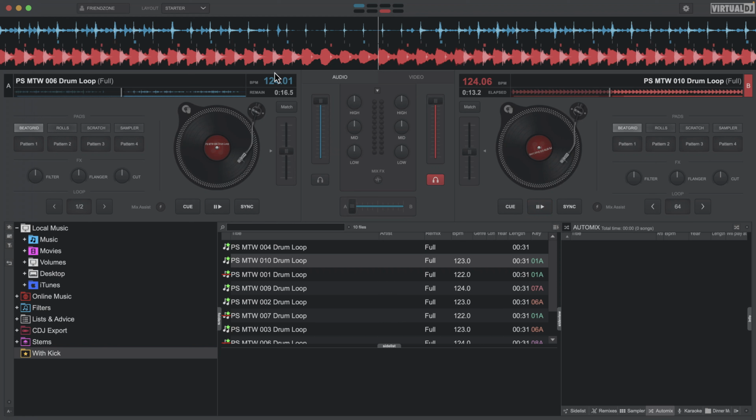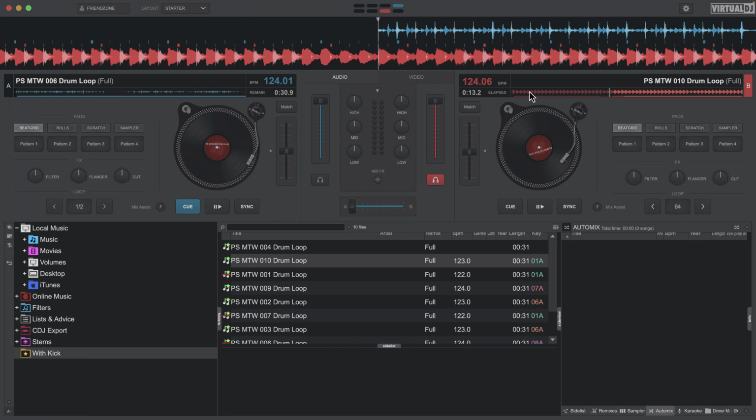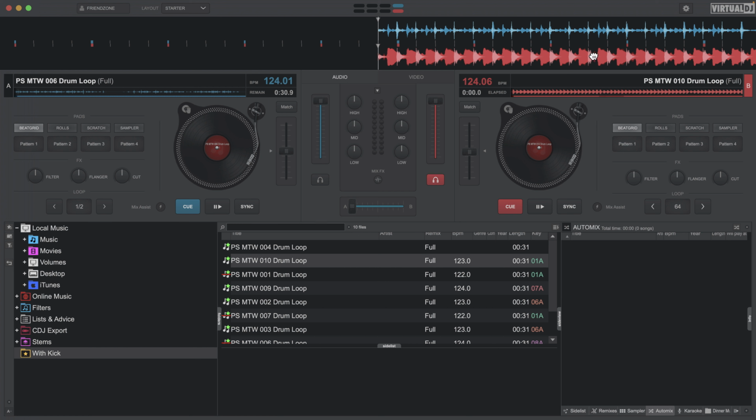So this was me making sure that the BPMs were the same and the phases were the same. I clicked play so that the beats lined up as much as possible. You can't see it now because I stopped them at different points, but that was what I tried to do: make sure they lined up. This is what they look like when they're lined up. Notice how these tick marks line up. That's one of the great things about these parallel waveforms. You can use this to line up the track and see visually that they're lined up. But what happens when they're not lined up?